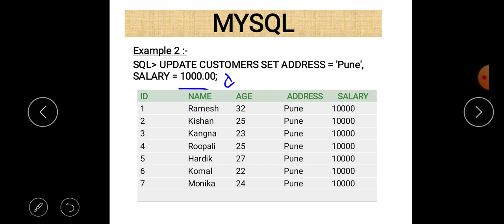If you want to change more than one column at a time, you don't need to write the update command two times. Just write it a single time and put the different assignments separated by a comma. So here I use update customer set address is equal to Pune, comma, salary is equal to 10,000. Now the new address will be Pune and the salary will be 10,000 for all the customers, because no where condition is used here.